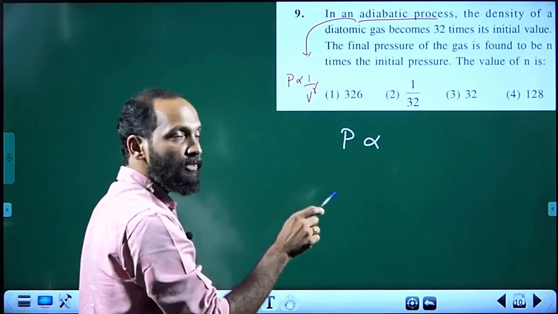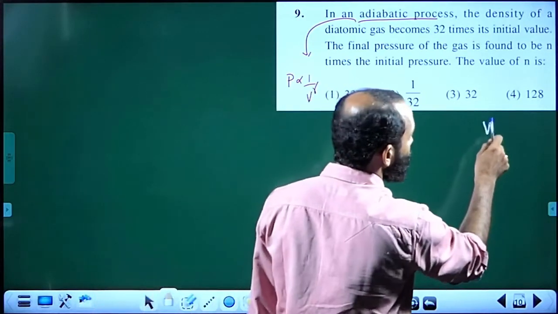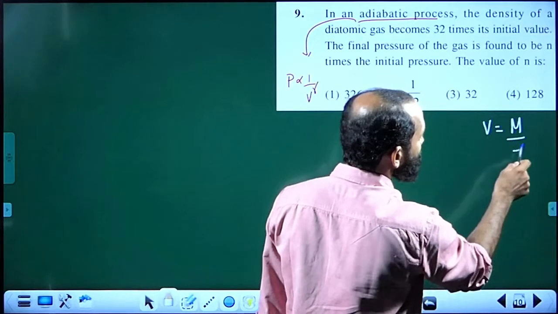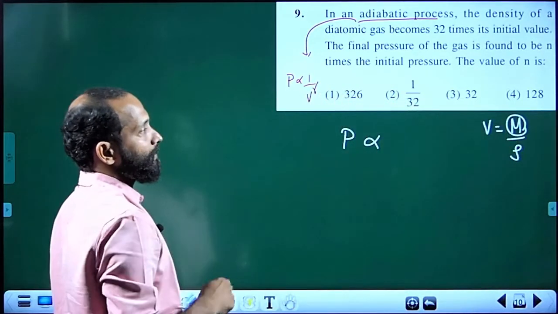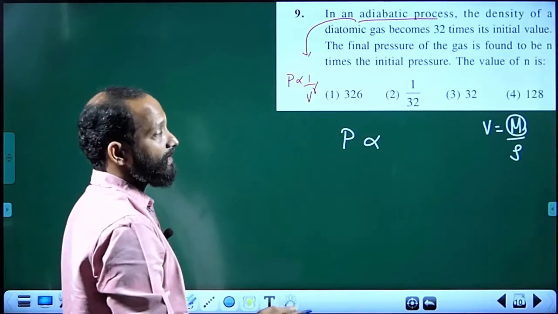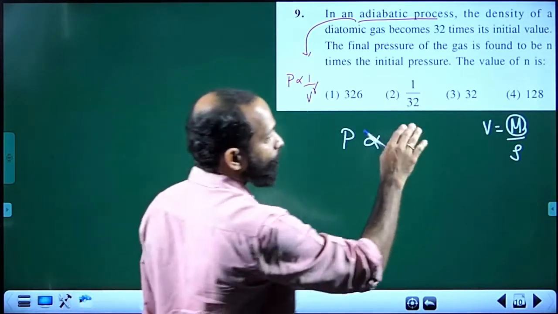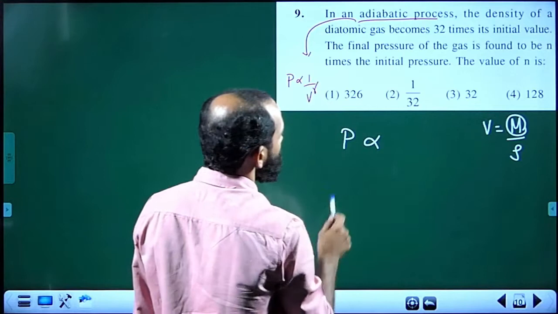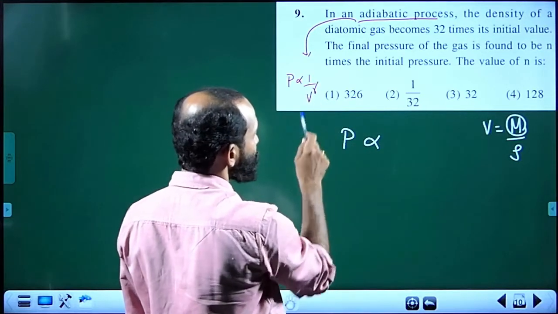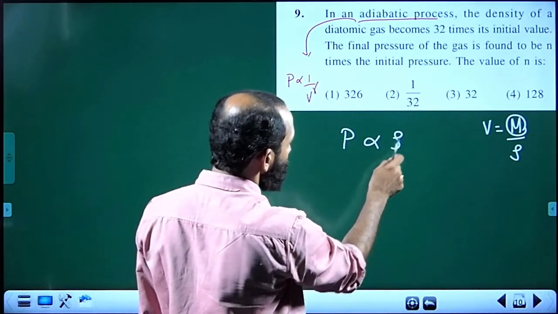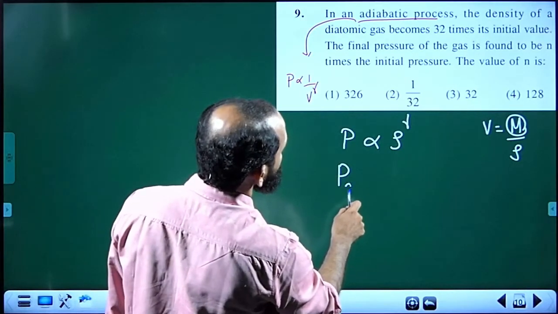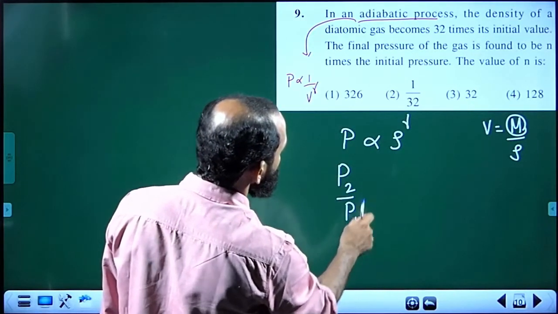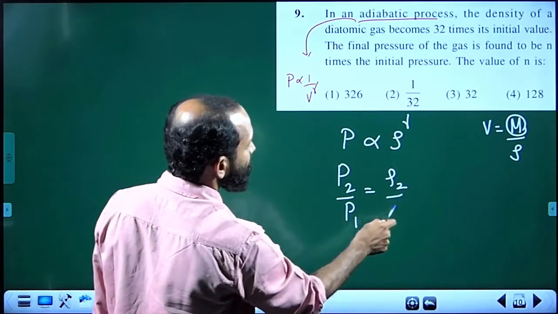But volume varies inversely with density. We know volume is equal to mass by density. These processes are conducted at constant mass, so volume is proportional to 1 by density. So P proportional to 1 by V raised to gamma means P proportional to rho raised to gamma. So the final pressure P2 divided by the initial pressure P1 is equal to rho 2 divided by rho 1